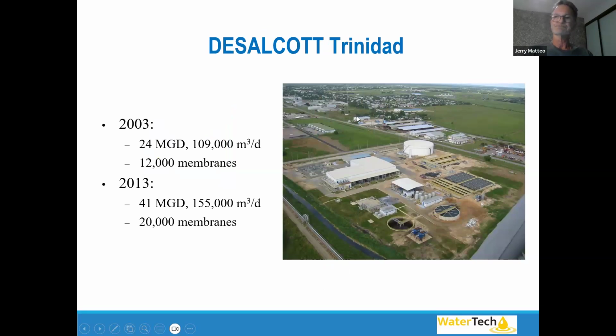This is the plant I was talking about. The Salcott you may have heard of. Maybe some of you online right now are from Trinidad. The Salcott is probably one of the biggest systems in the Caribbean, maybe even in our hemisphere, but I know there's some huge ones in California, and in Chile now for mining. These are old numbers here, but it started as a 24 million gallon per day plant. I think it's 40 million gallons per day or more. I put it here because I wanted to show you all this that I'm circling is the pre-treatment. These are clarifiers, right? This is ocean desal, by the way. So they're taking ocean water and